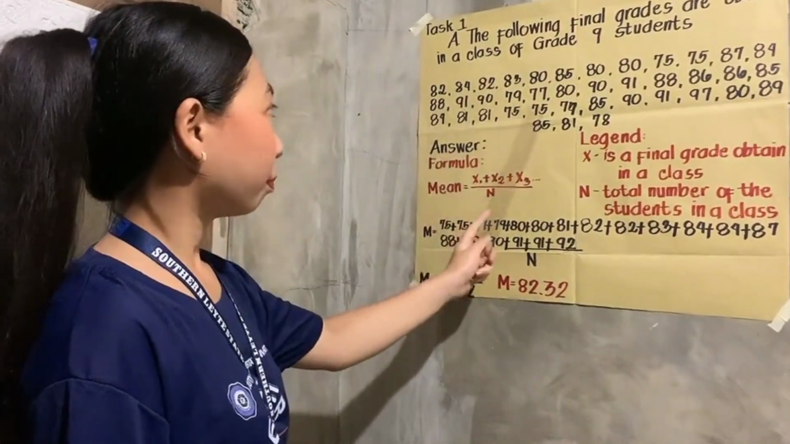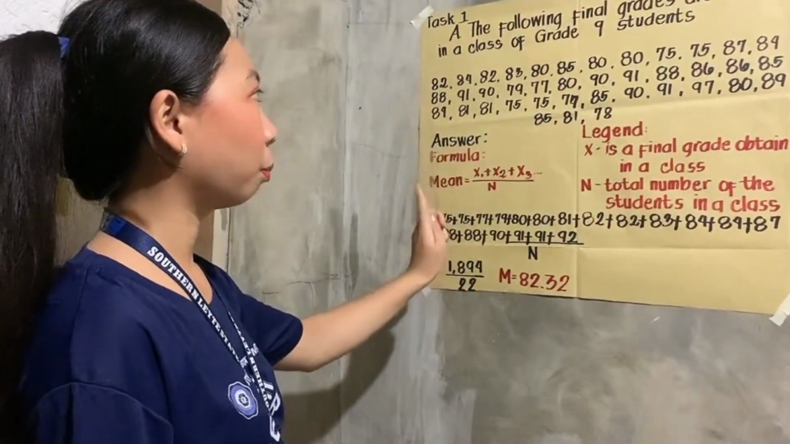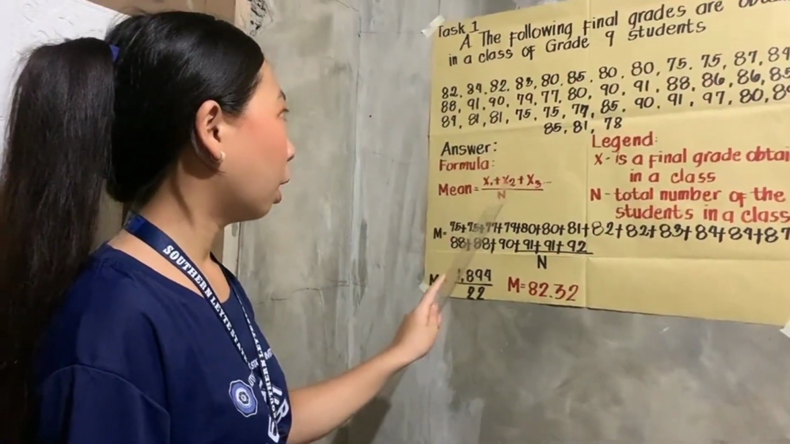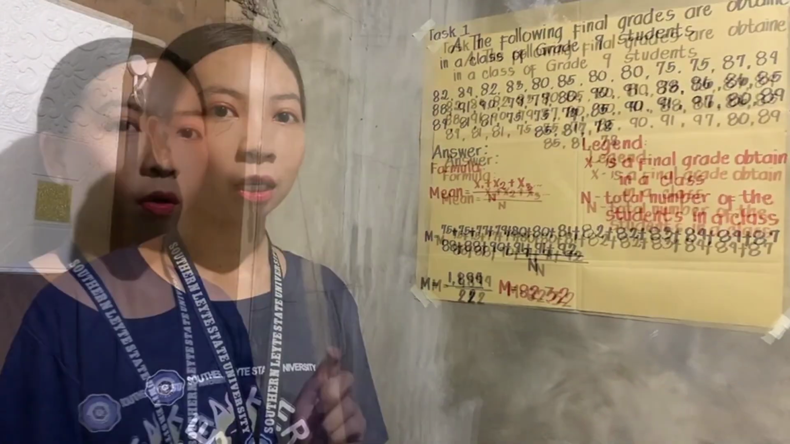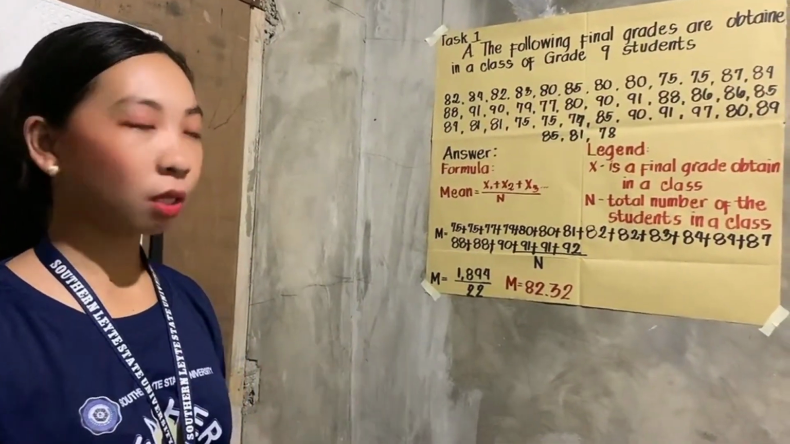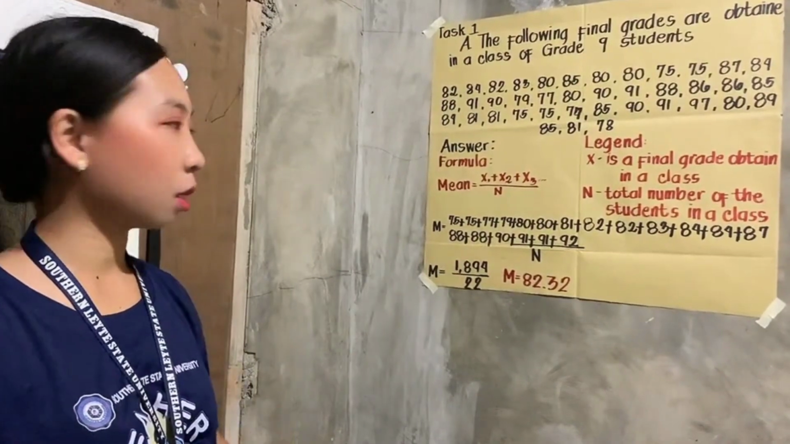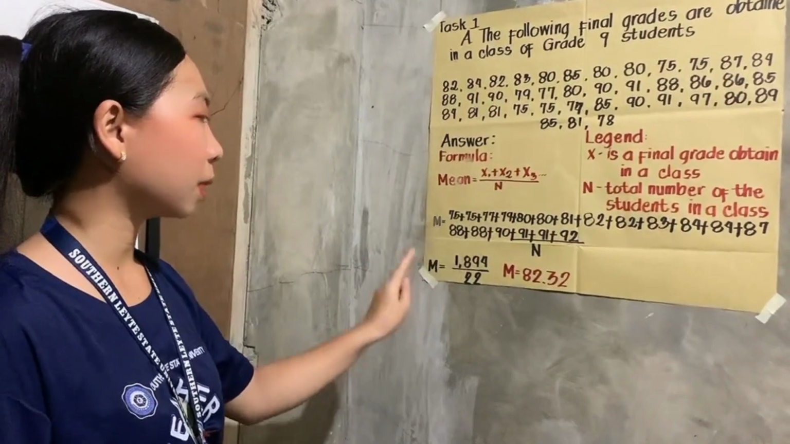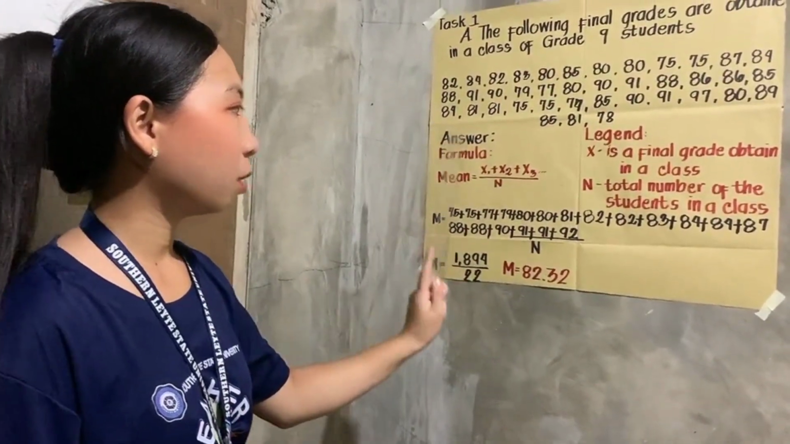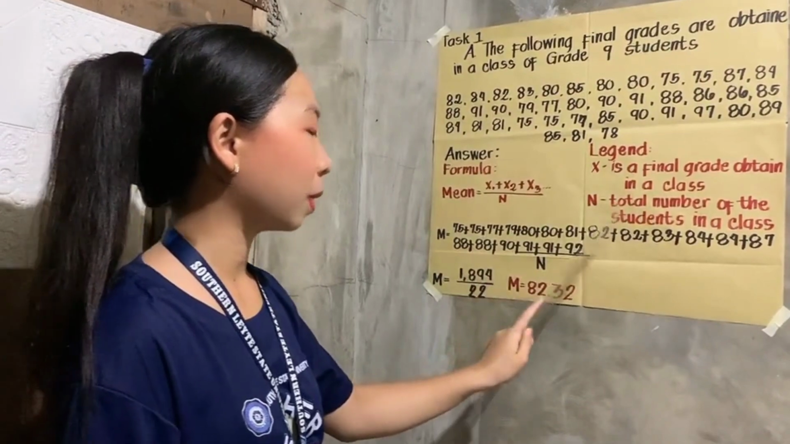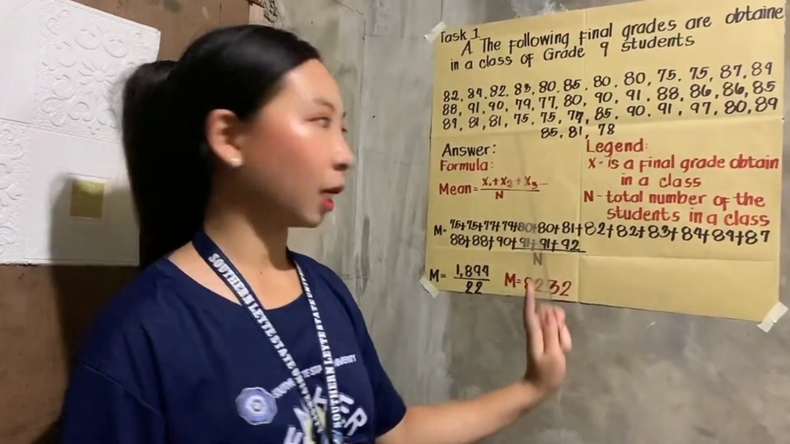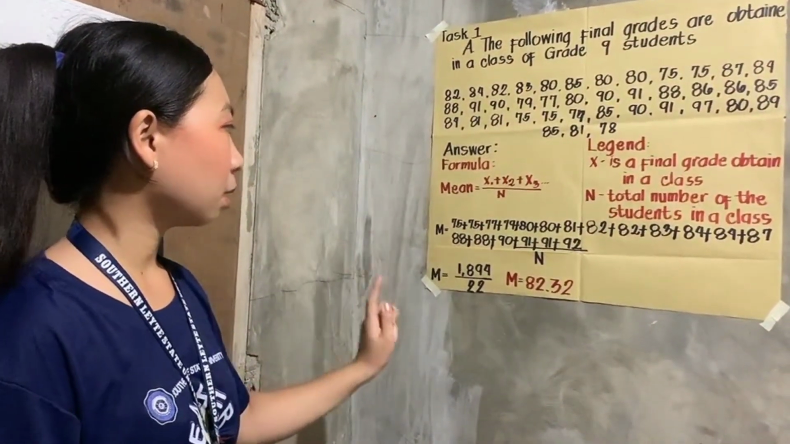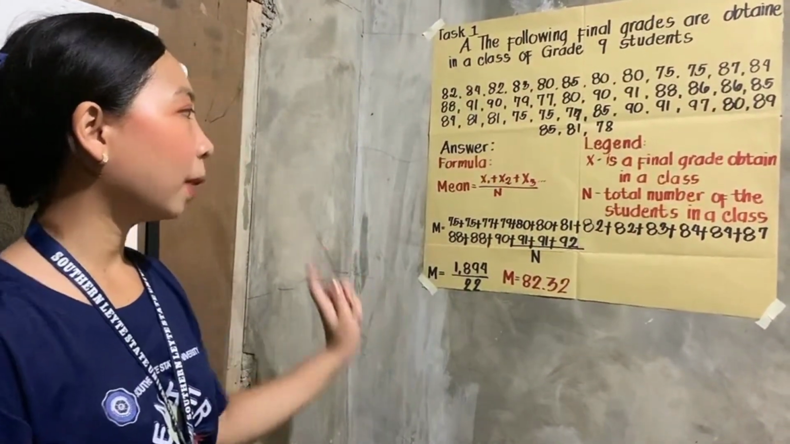So as I count, the total number of the class is 22. So we're going to add all the grades, and before we add them, we need to arrange the sequence from lowest to highest. So that would be 75 plus 75 plus 77, 79 plus 80 plus 80 plus 81, 82 plus 82 plus 83 plus 84 plus 84 plus 87 plus 88 plus 88 plus 90, 91 plus 91 plus 92